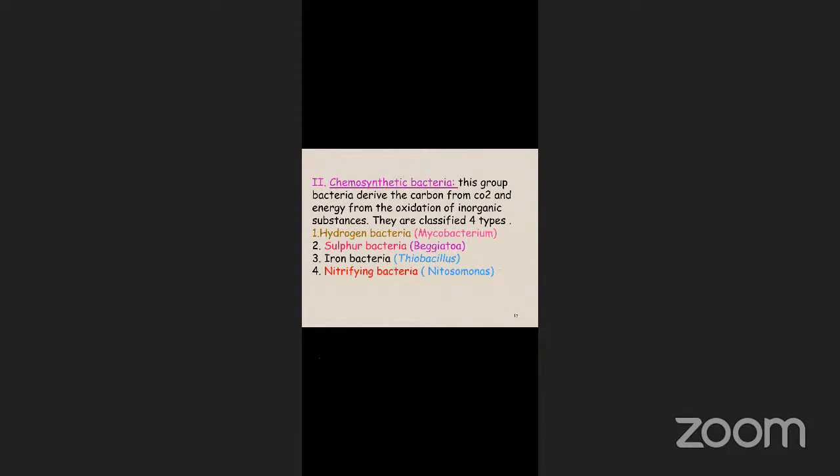Chemo means chemical, like sulfur, iron, and hydrogen. These come under chemicals, so it is called chemosynthetic bacteria. Next,